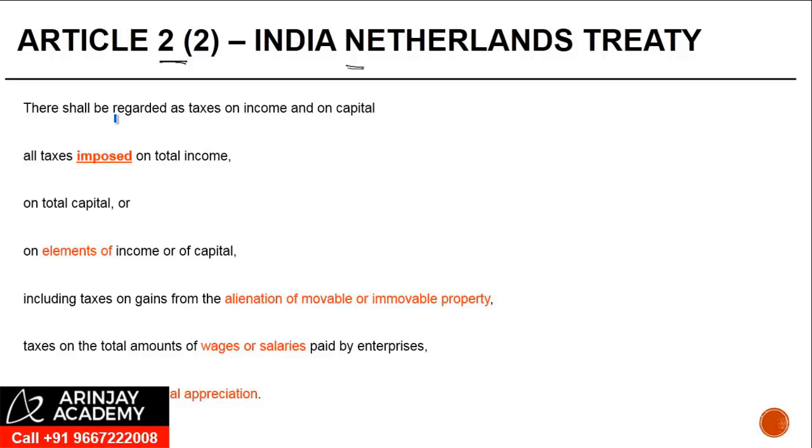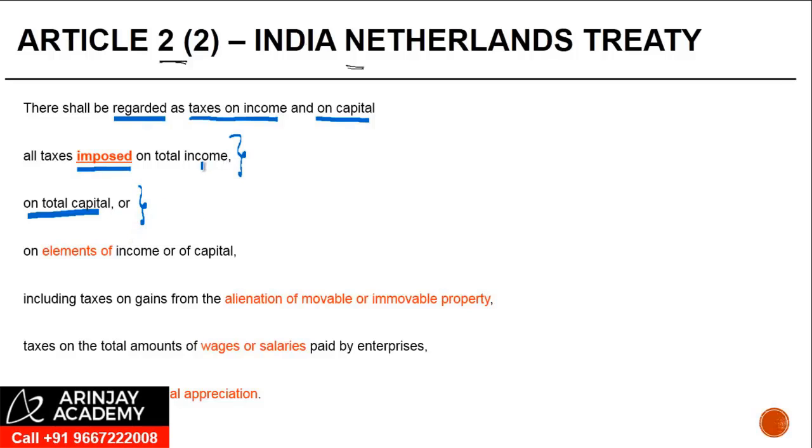There shall be regarded as taxes on income and on capital all taxes imposed on total income, on total capital, right? So any tax which is imposed on total income, any tax which is imposed on total